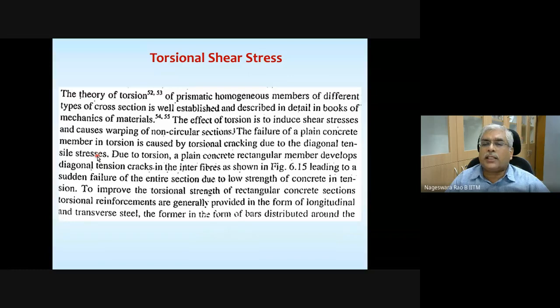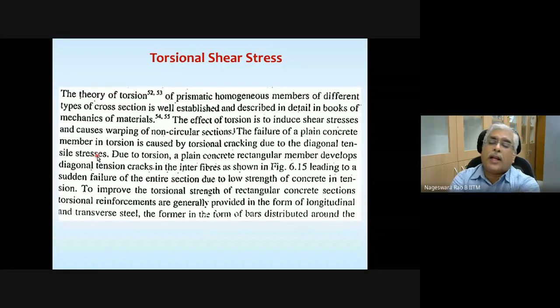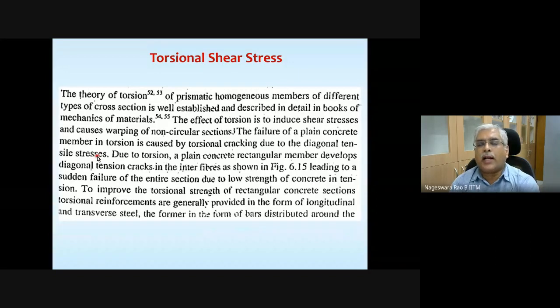And with these shear stresses, as explained yesterday while discussing the crack pattern, you get your major principal stress, minor principal stress, and then find the direction of cracks using the relation tan theta is equal to minus 2q divided by f, something like that.